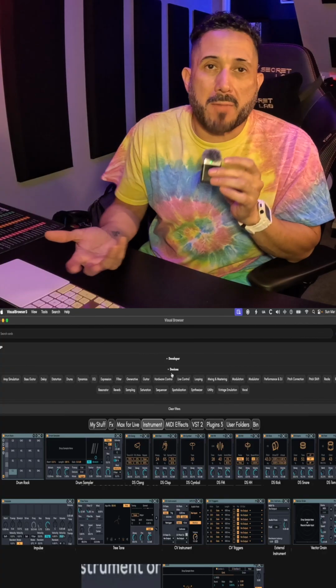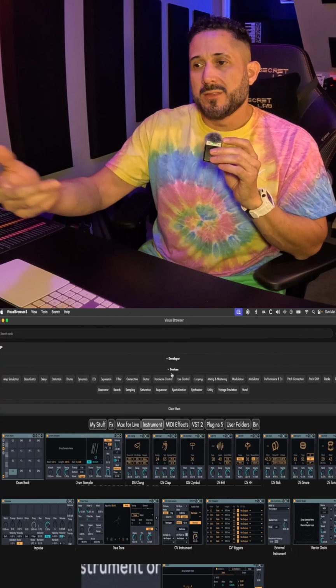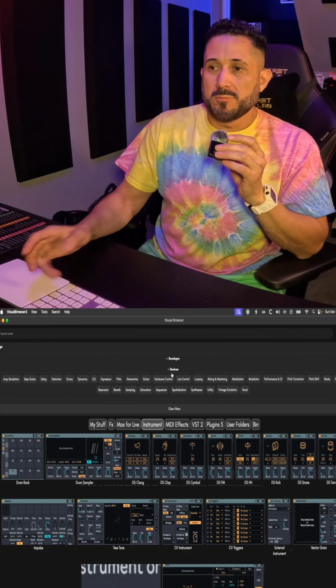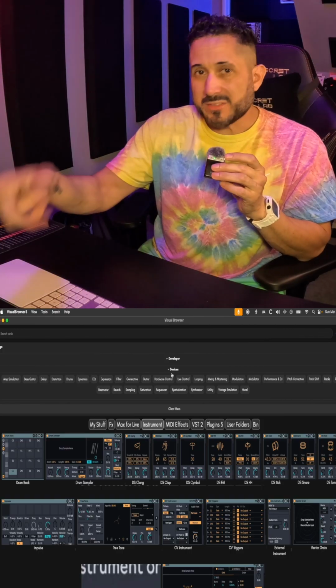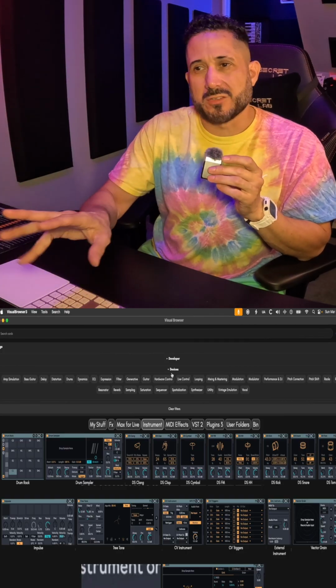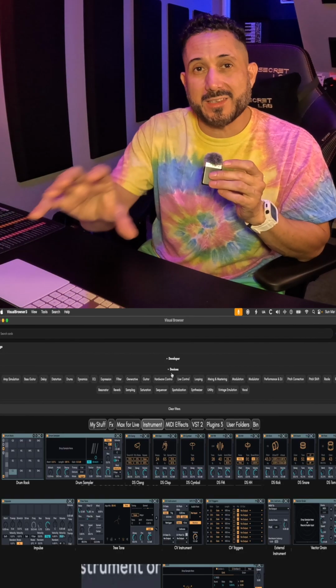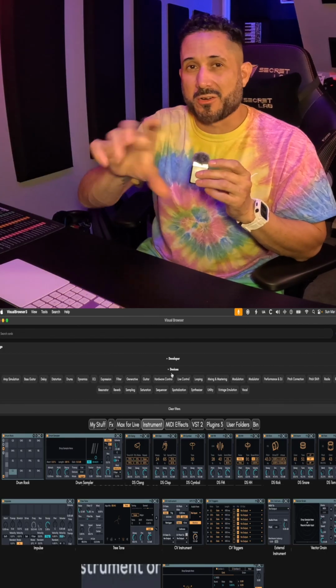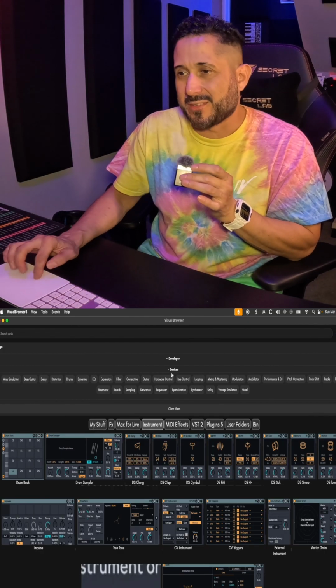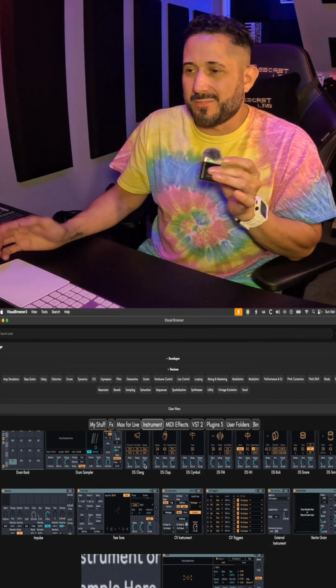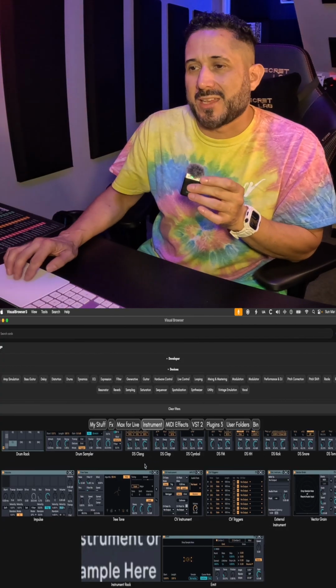The only thing that might rub some people the wrong way is that you got to give the application access to your camera, because it does this thing called scraping, where once it starts scraping while Ableton is open, it loads each plugin and then it takes a screenshot or a picture. I don't know how it does it. It's freaking amazing, you know. So yeah, that's the thing that you have to give